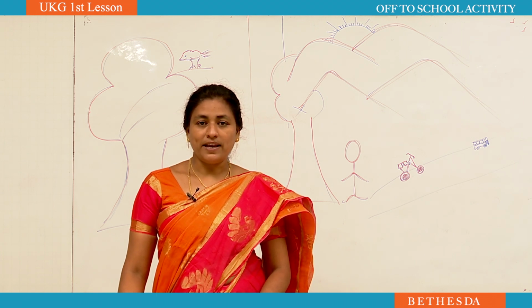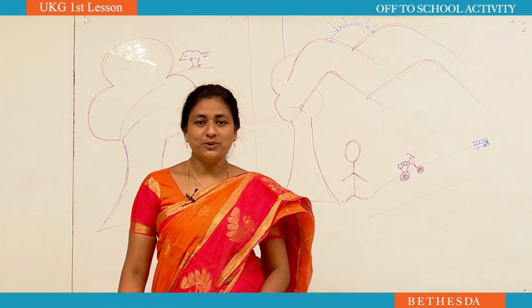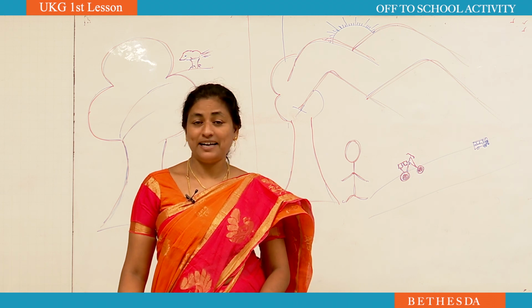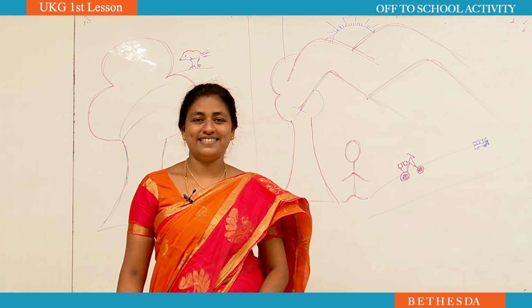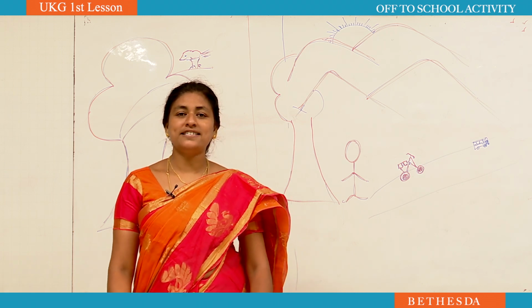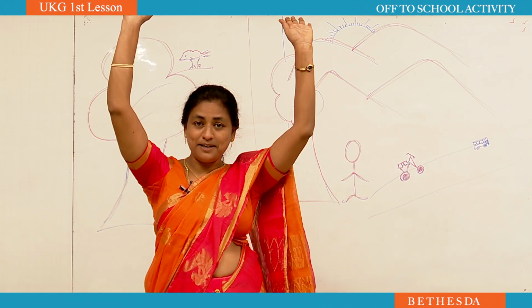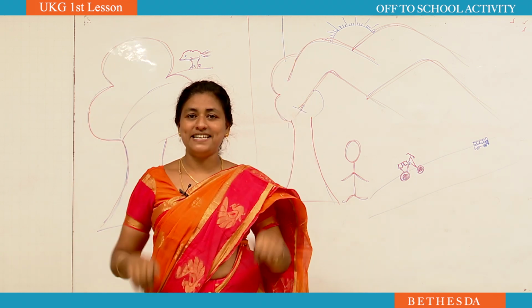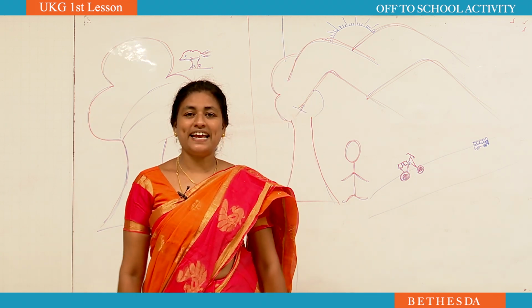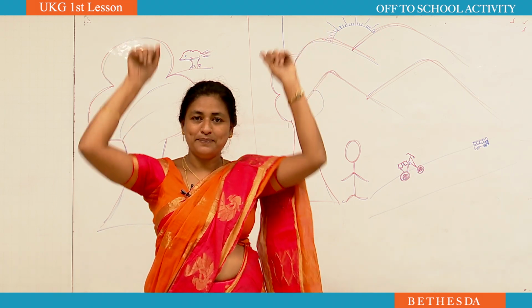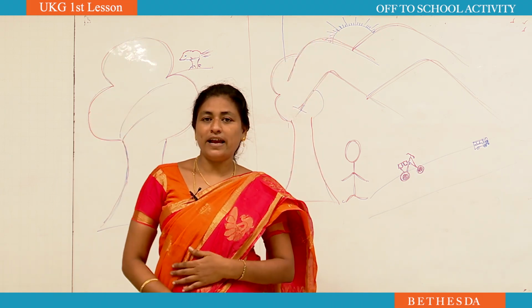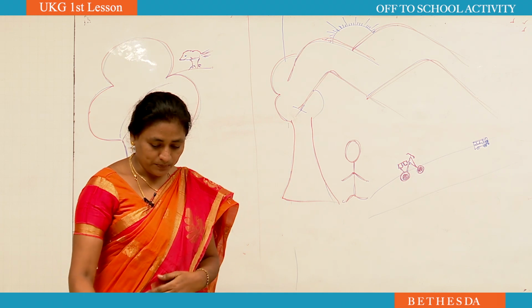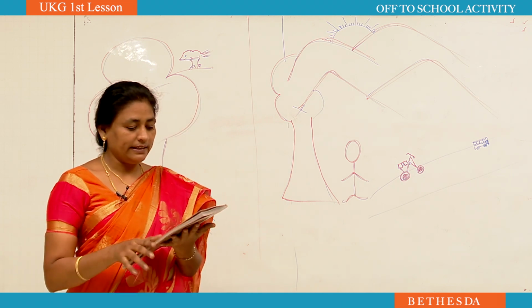Wherever you are, can you stand for me? Come on, stand up. Now keep your hands up. Hands up. Up. Down. Once again. Up. Down. Okay? Come on. Now, this is your Little Thinker English